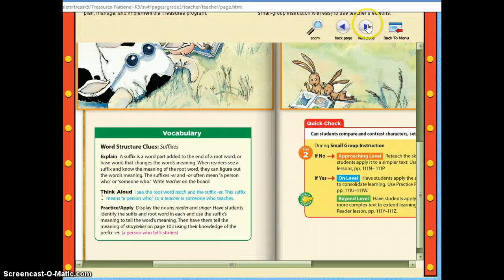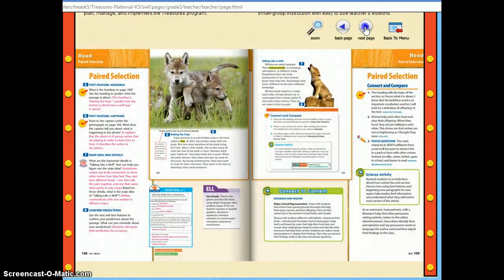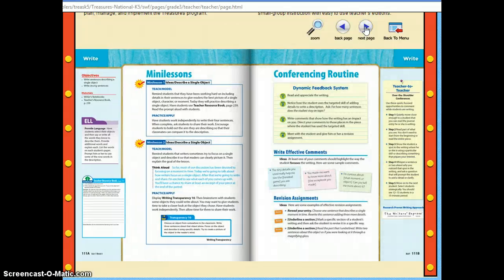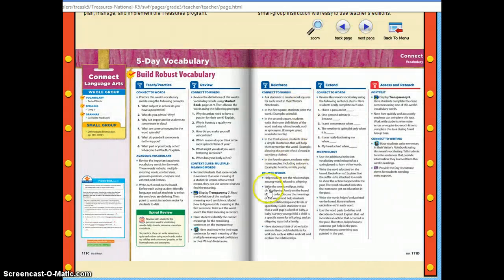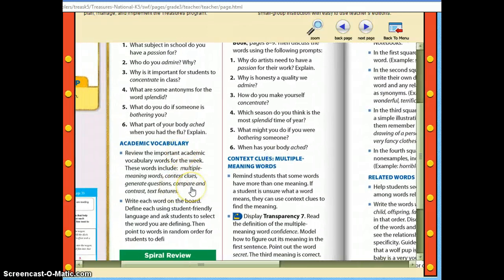Okay, so I noticed that when they did academic vocabulary here, they have a different kind of definition for what academic vocabulary is. Right here on day 1, this was their important academic vocabulary words for the week, because these are words that the teacher was going to be using. So I'm not saying that these aren't academic vocabulary words, but they're words that the teacher is going to be using over and over again in the course of her instruction,